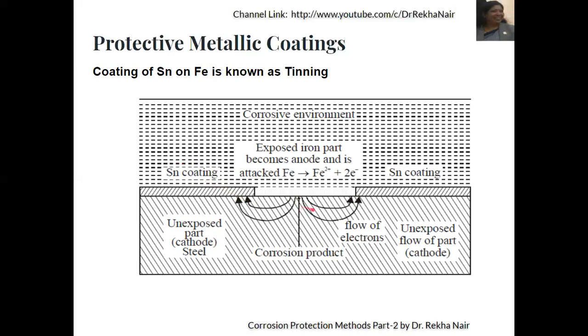The exposed part is anodic and it has a small area, so the rate of reaction will be very high, whereas the cathode area is larger as compared with that of the anode area. These conditions will increase the rate of corrosion, and so tin coating is safe only when there are no irregularities. If there are no scratches, then the tin coating is safe. Otherwise, there may be a problem with the base metal, which will corrode later on.